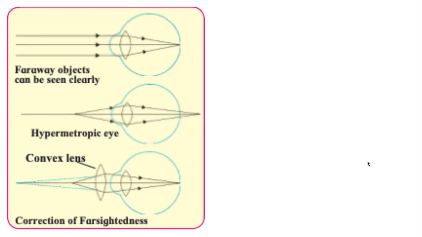Yes, Anushka, it is positive because the focus is on the other side. So because the focal length is positive, the power of this lens will be positive. तो जब डॉक्टर हमारे चश्मे का स्पेसिफिकेशन लिखेंगे, अगर हमको पास की चीजें देखने के लिए चश्मा लगाने की जरूरत है for hypermetropia, the power of our glasses will be positive convex lens.